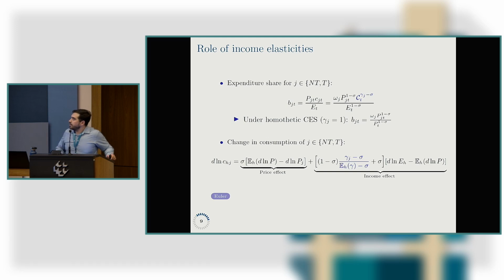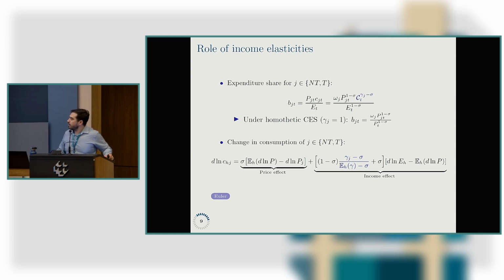I will give you a little bit more intuition about the implications of those preferences. First, expenditure shares change across the income distribution, and now the implicit consumption aggregator will appear across the different expenditure shares. So basically, low-income households will have a different expenditure share in tradable and non-tradable than high-income households. In the data, we see in the case of Mexico and in most countries that low-income households spend more on tradables, and high-income households spend more on non-tradables, mainly services.